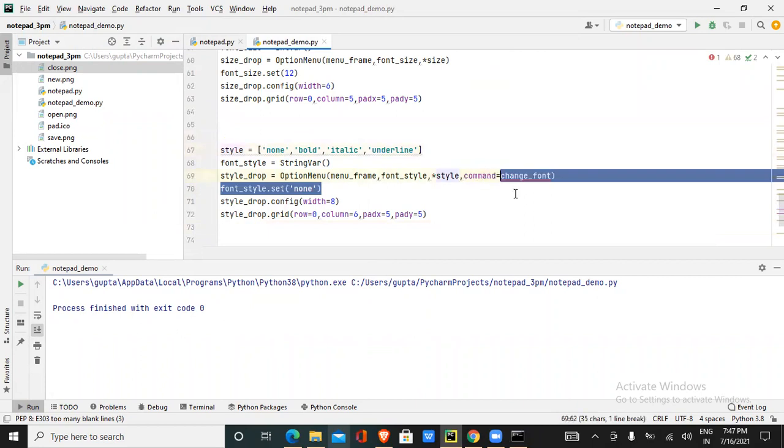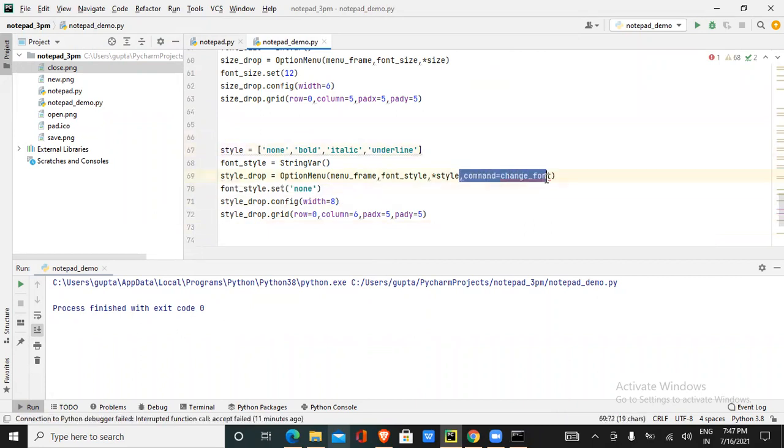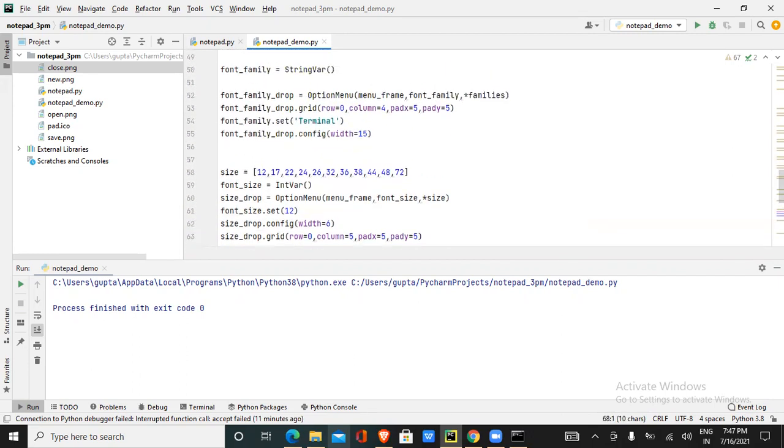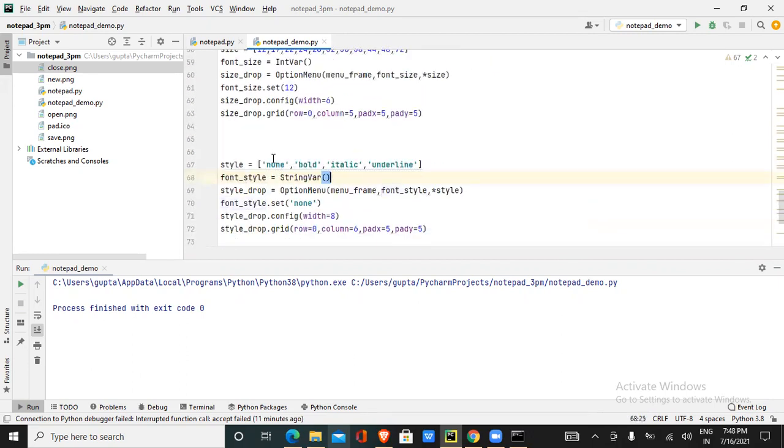Now, can you tell me whether the data present in there is string type or integer type? String type, right? So should I use string var or int var to scan the data? String var. So simple concept, right? I've taken a variable named font_style and I've given it StringVar, because I'm reading each and every element in string variable format.